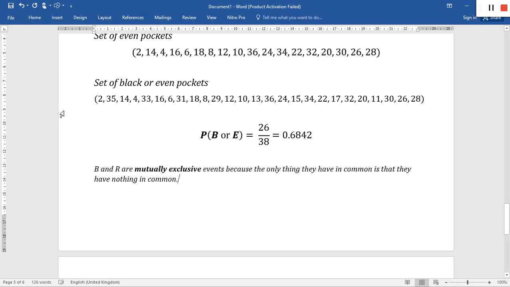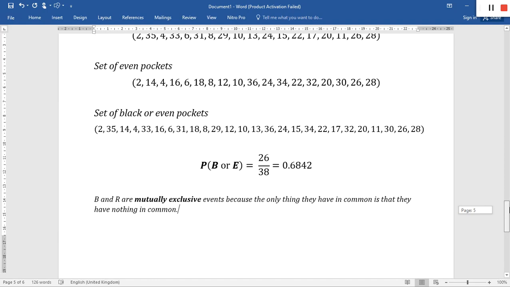common. That's very important. So it is impossible for the ball to land in a pocket that is both black and red. It's impossible. You don't have a pocket that's both black and red, but you have a pocket that's both black and even. You have a number of pockets like that. So let us try to calculate. Let's try to work out